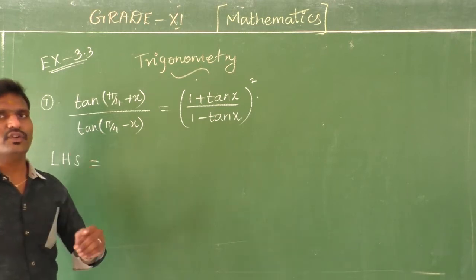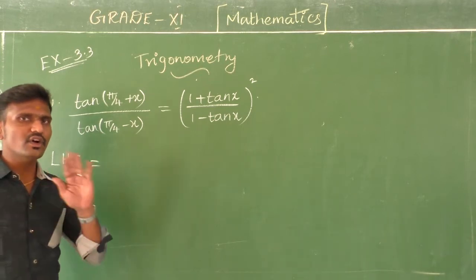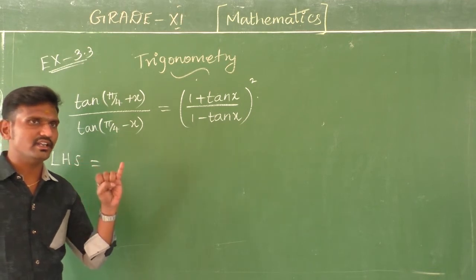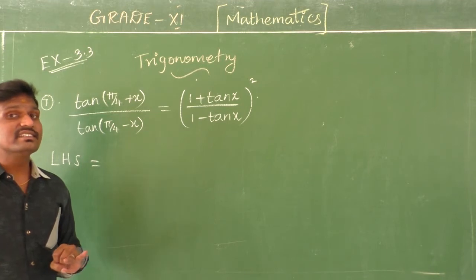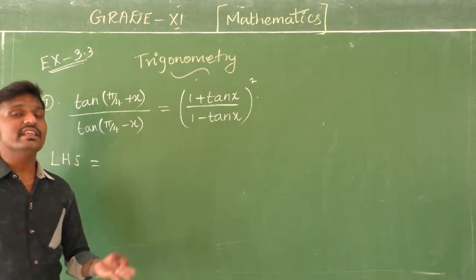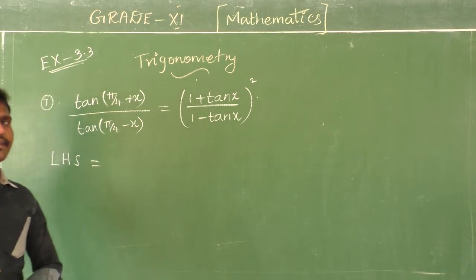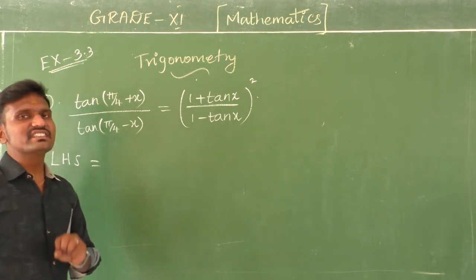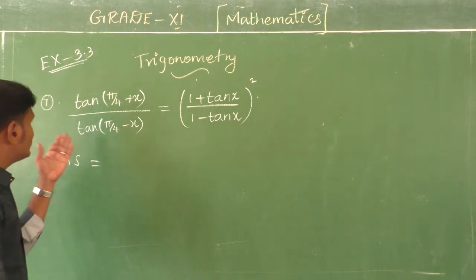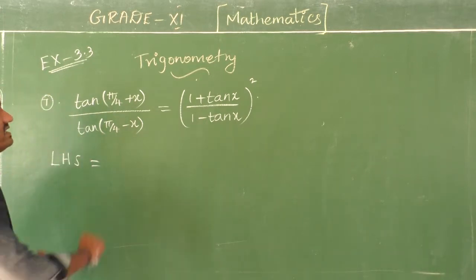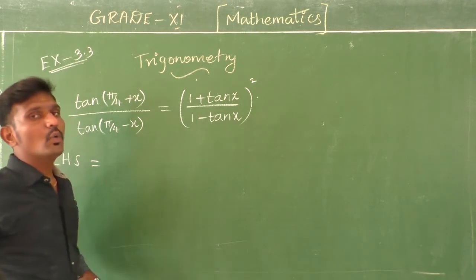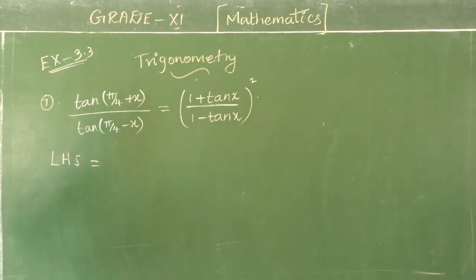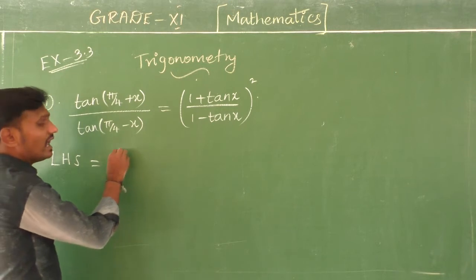So you have to verify using some formulas. What are the formulas? Already you studied cos(x plus y), cos(x minus y), sin(x plus y), sin(x minus y), and the double angles sin 2x, cos 2x, tan 2x, then the triple angles sin 3x, cos 3x, tan 3x. All these formulas you have to study thoroughly. Now this question is given to you: the left side tan(pi by 4 plus x) divided by tan(pi by 4 minus x) is equal to ((1 plus tan x) by (1 minus tan x)) the whole square. Fine. Now we take the left side and prove the right side.